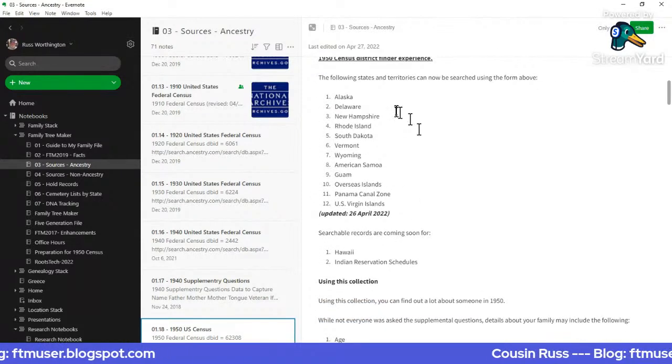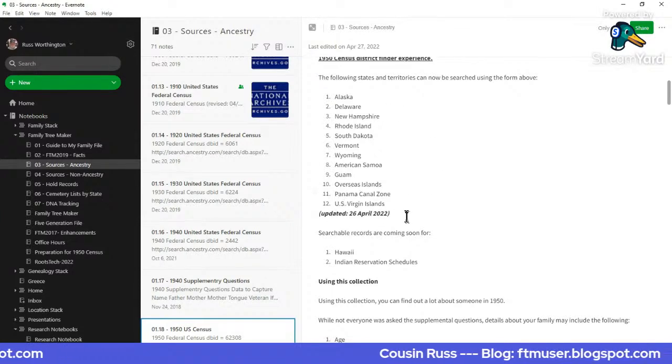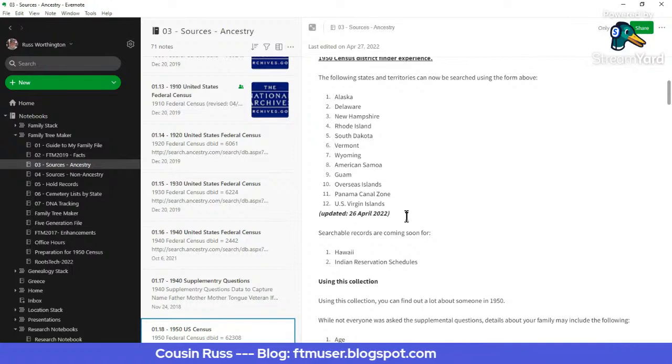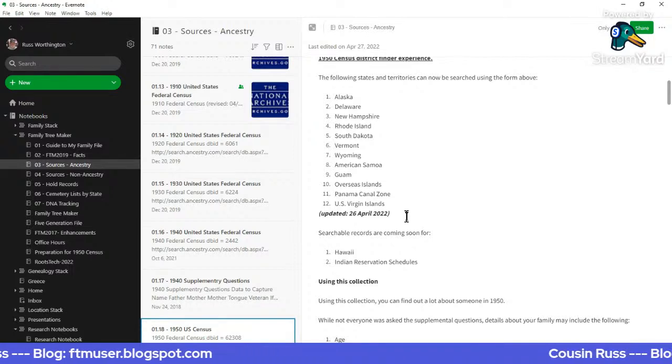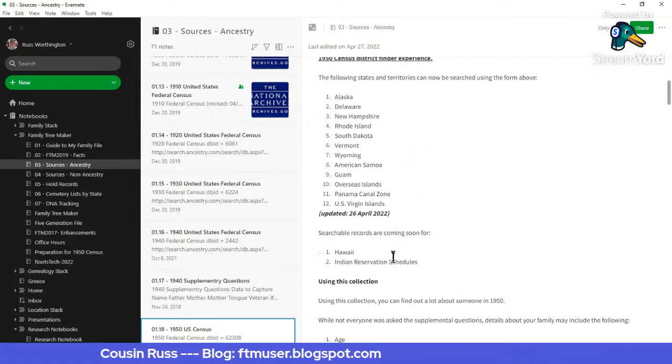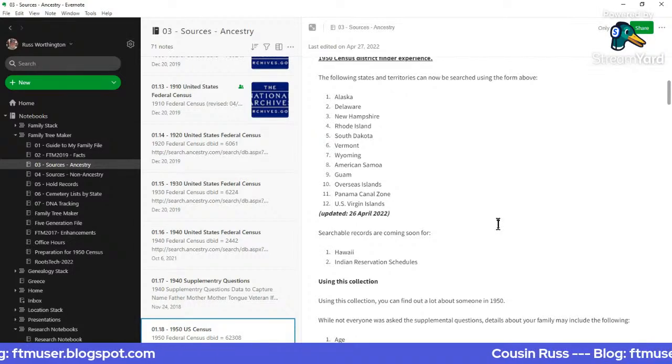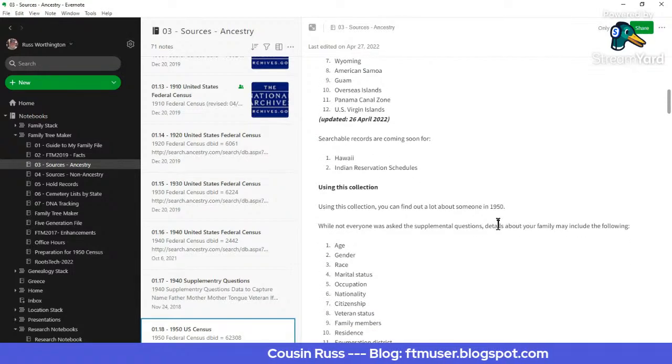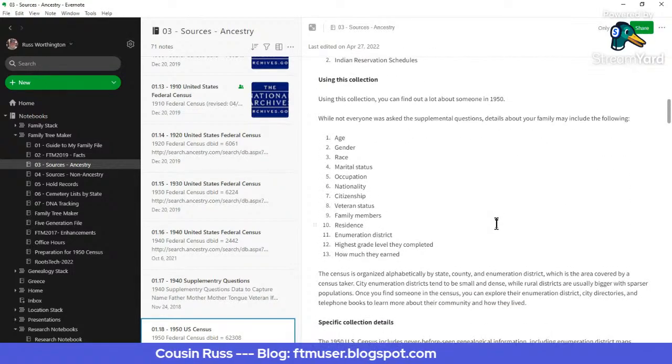I did the screen capture yesterday, and as of yesterday, there were 12 records that you can get to, and you will see records and can search. These are the searchable records so far. They got two more that they say will come soon, Hawaii and Indian reservations. Now it gets down into the detail